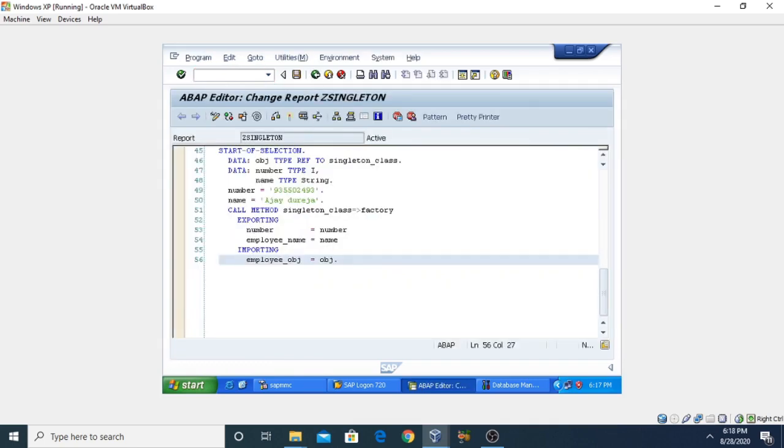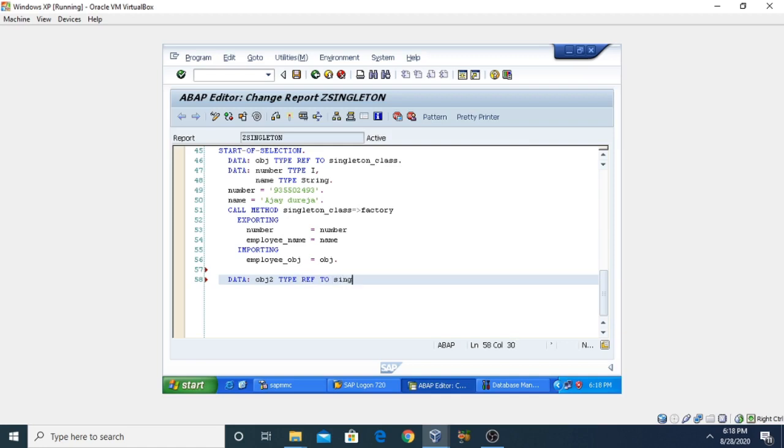Now suppose I am going to create another object. So this is our data, then this is our object 2, type refer to the class name.